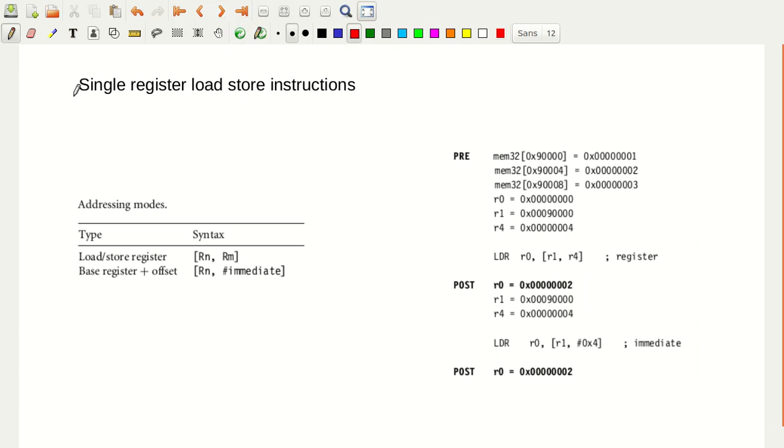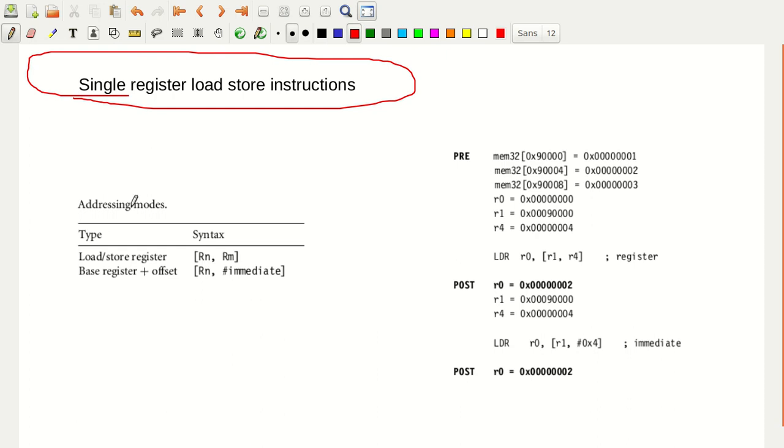Let us go for the next one. So what do you have here? Single register load store instruction. In the case of single register load store instruction, as you can observe here, there are two addressing modes. This is also more similar, with very few types of instructions. In load store instructions there are two types: one is single register load store instruction and the other is multiple register load store instructions. In the single register load store instructions, the addressing mode that you have is only pre-indexed addressing mode. The offsetting is pre-indexed.